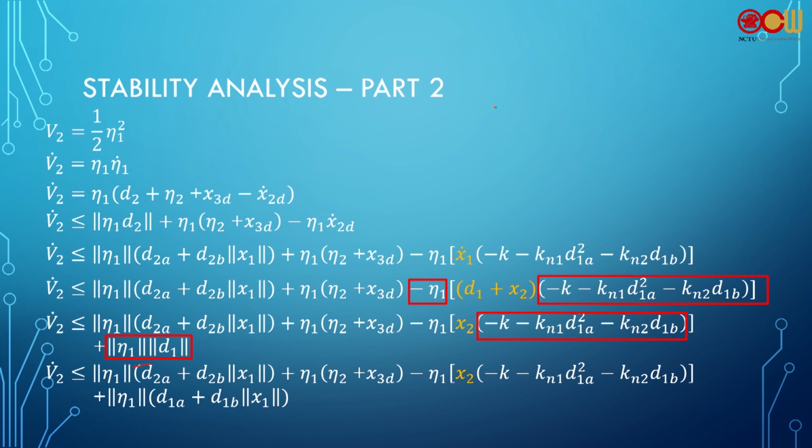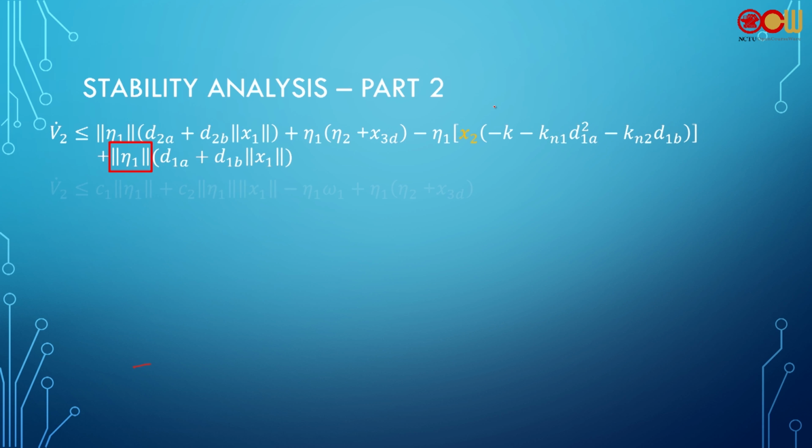So eta 1, d1, and here should be times the bracket of the three terms. Everything in this bracket is a constant. So we just put a constant here, and that constant will go to here. And next, the only change is you change the C1 and C2 here. You increase C1 and C2 here because of the missing constant. Groupings remain the same. Because complete square